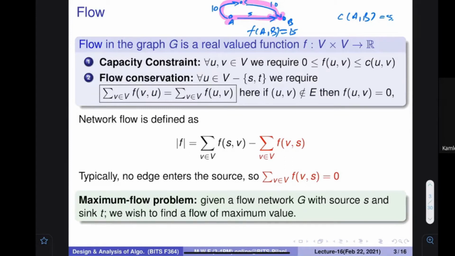I'm just considering the direct flow between A and B. So you don't get confused, because here A is not going to be the producer and B is not going to be the sink. Here they are intermediate nodes in my definition, because I'm defining it this way.